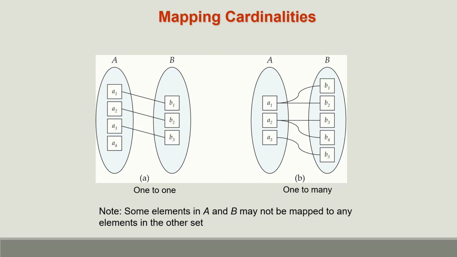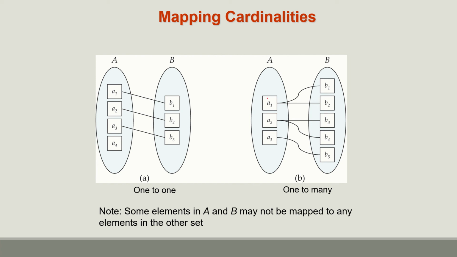Now we will show the one-to-one relationship like this. A is one entity set, B is another entity set. A has different entities, B has different entities. One-to-one means if you take any one entity in entity set A, it is associated with at most one entity in B. So A1 is associated with exactly 1, A2 is associated with exactly 1, A3 is associated with exactly 1. In the case of A4, it is not associated with any. So at most 1 is there, and 0 is also possible. Here A4 is not associated with any entity in B. That is the meaning of a one-to-one relationship.